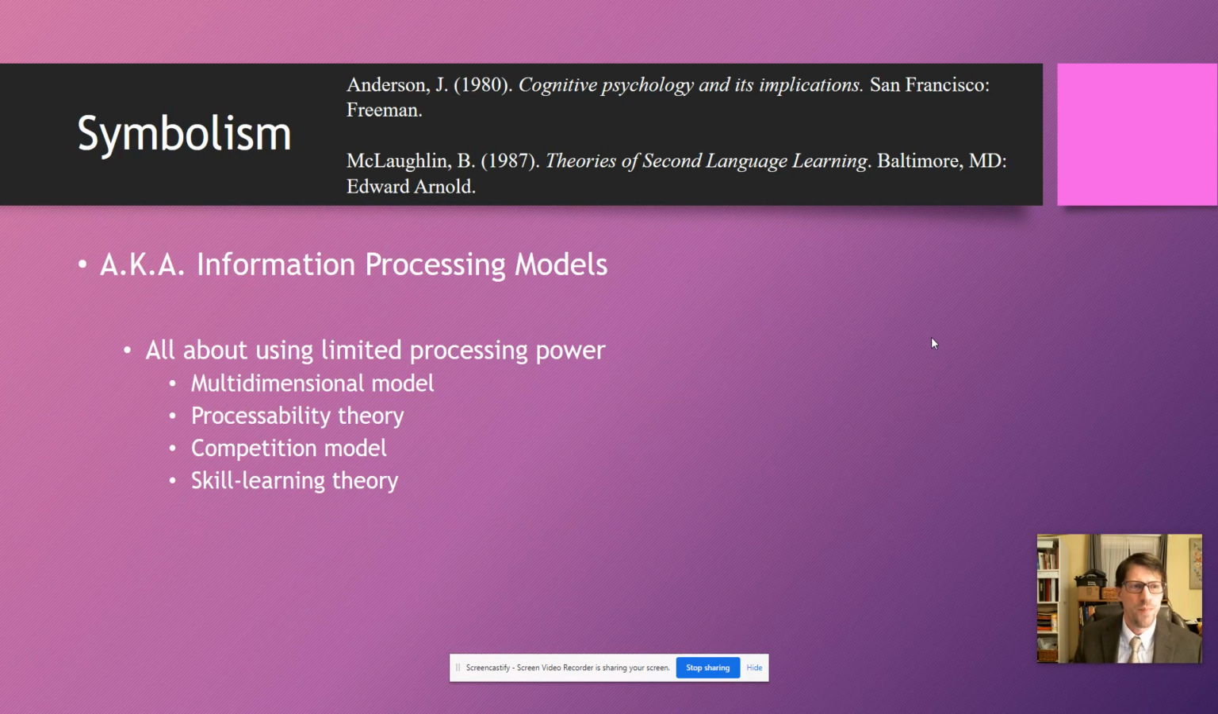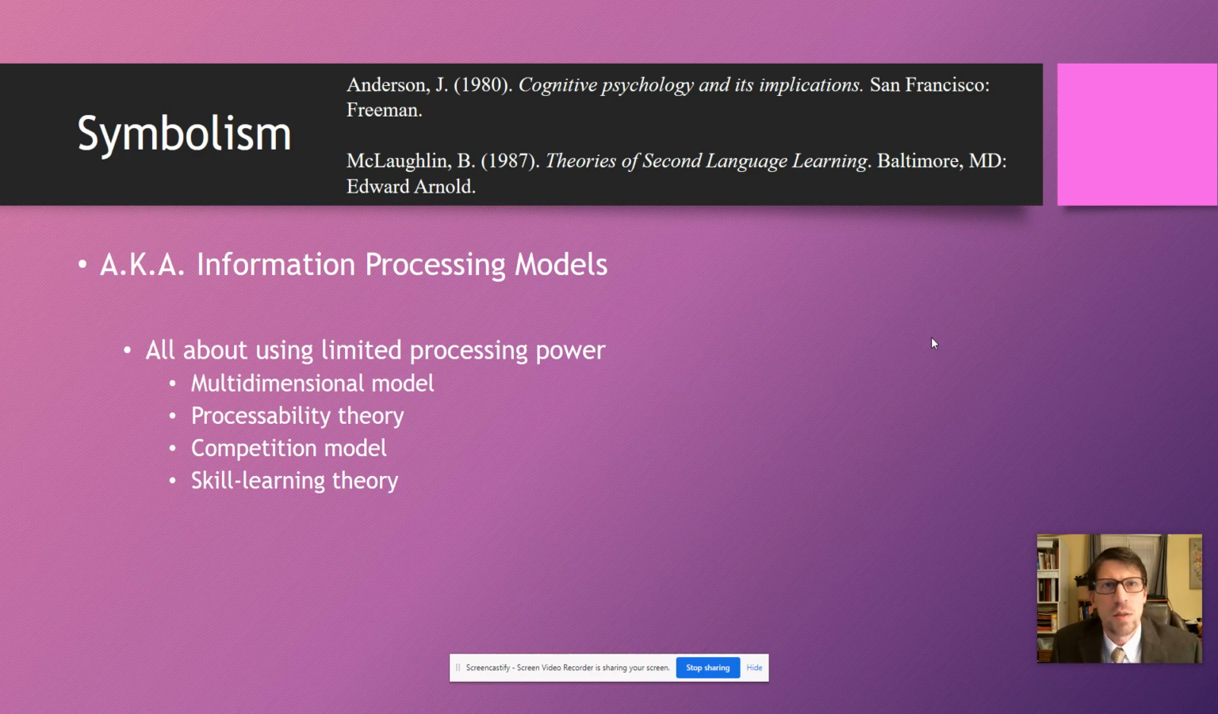Let's talk about symbolism. First, this is going to take most of our time in this presentation. Symbolism can also be referred to as information processing models. I'd say the big name for information processing models in SLA is Barry McLaughlin. These information processing models all have one common theme: the idea that language learning is all about using limited processing power. Humans' ability to process information is limited,